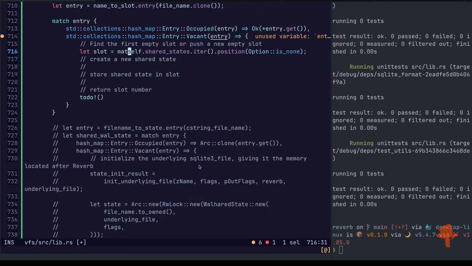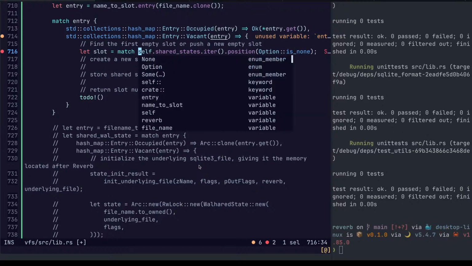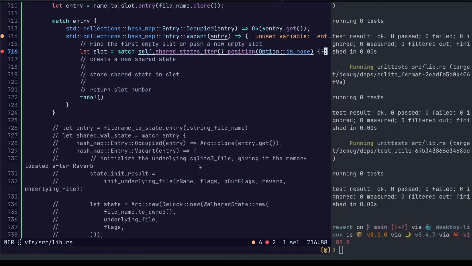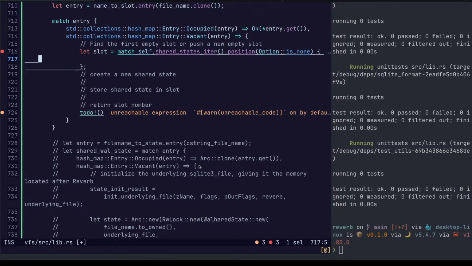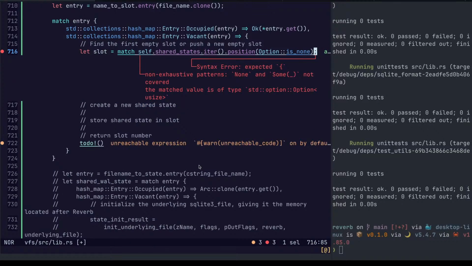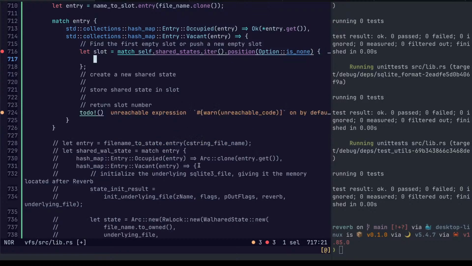Slot is equal to match. Oh, can we even do that? I don't think we can do that. Let's see.